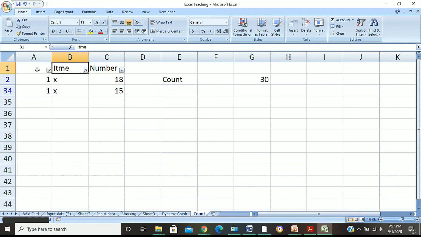See, now we filtered with x, we filtered with 1, and this combination happens only twice, so it is giving us 2.